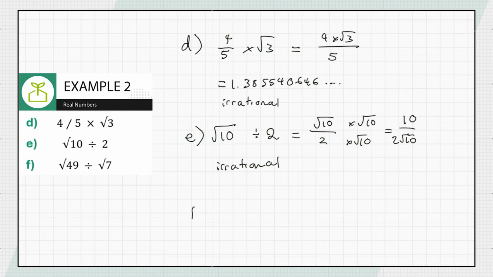Alright, let's look at F. So for F, we have the square root of 49 divided by the square root of 7. Now, if I were to make this into an equivalent fraction by multiplying the top and the bottom by root 7, it would be equal to 7 root 7 over 7. We could cancel both of the 7's and we'd still end up with the square root of 7, which is